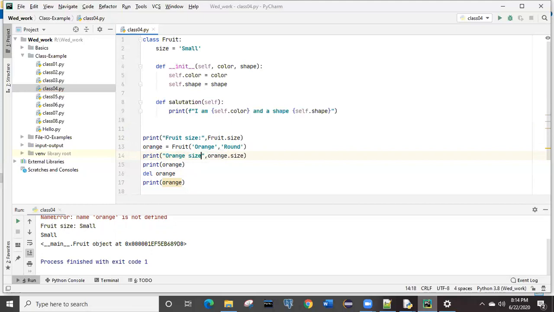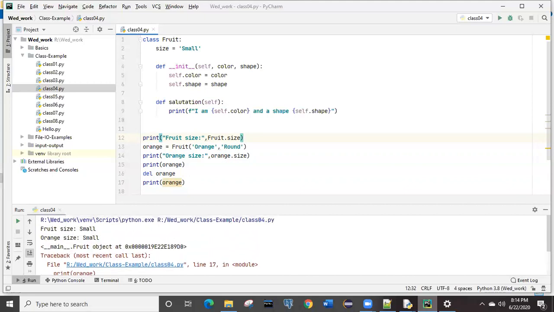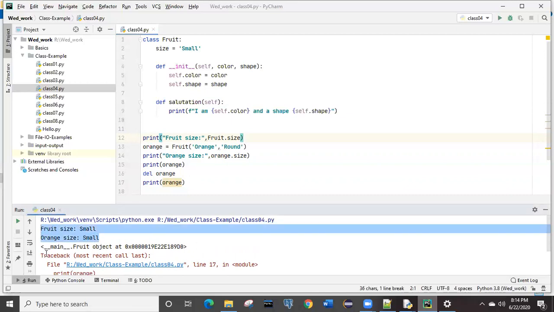Orange size. It's not orange size, but it is having one property name as size, which is getting called, right? So let's rerun this one, and you can see it has got some error. See, sometimes it will give you this output first and error last. So don't worry about that part, right? Because it is dynamically programmed, it can give you output, but the sequence is not mandatory, right? Just now we have seen that these errors were coming before and then this output was coming, right?